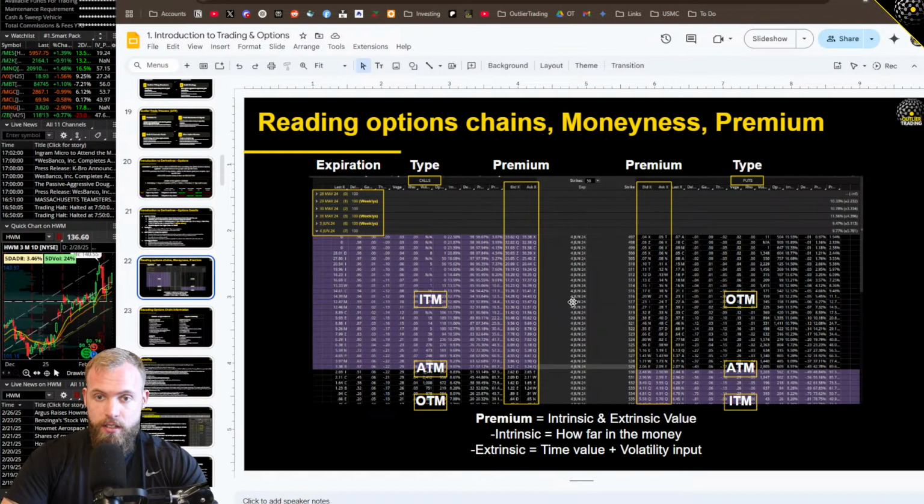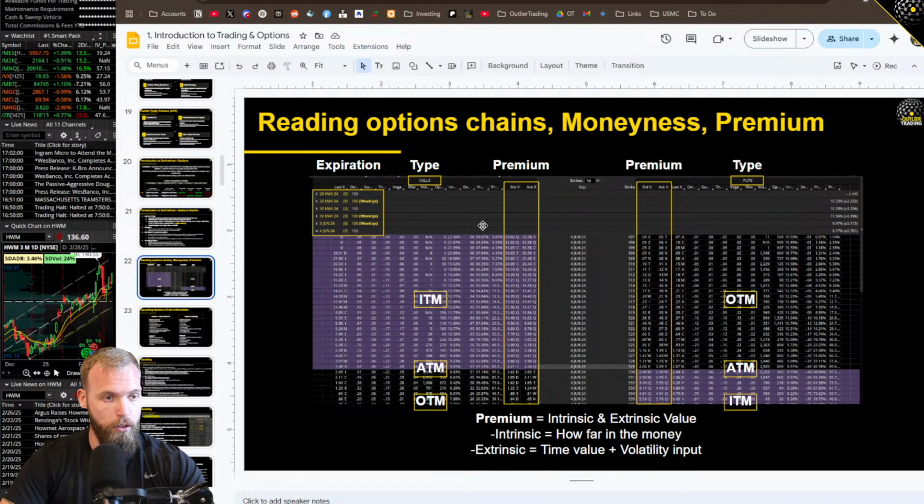The options chain itself, obviously, is where you will find all of the individual options that you might try to analyze and/or subsequently trade. The options chain is broken down into different expirations. We refer to these expirations as terms, T-E-R-M, terms. So when we're referring to different terms, we're referring to different expirations. They're interchangeable. Within any individual term or expiration, you will see that there are two types of options, calls and